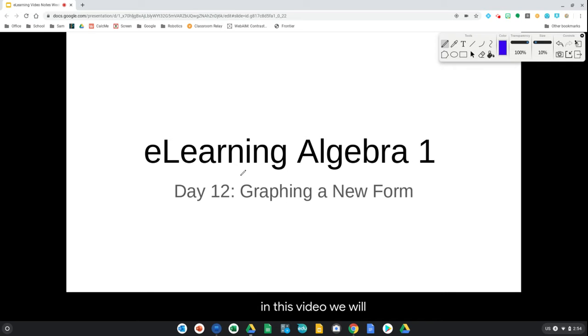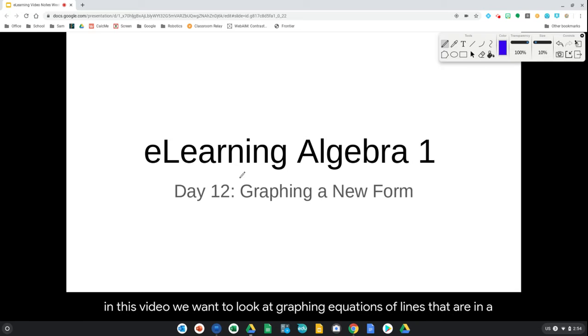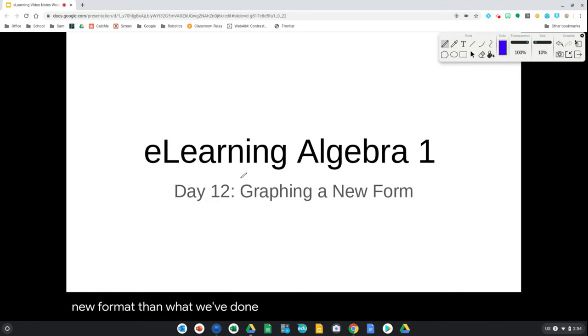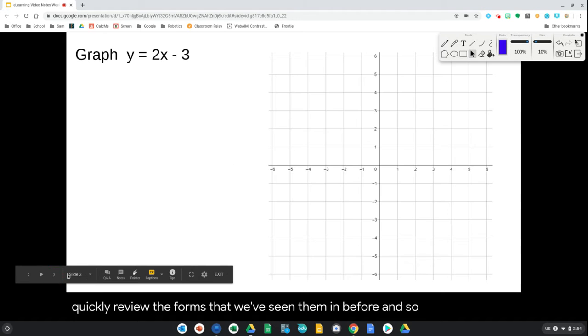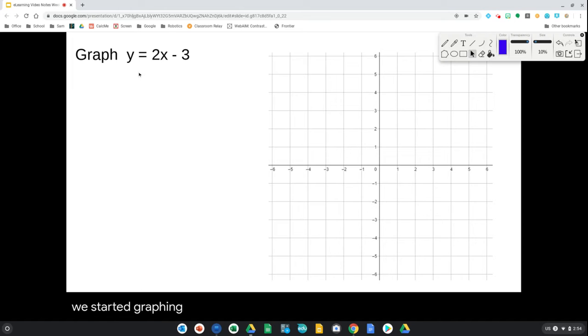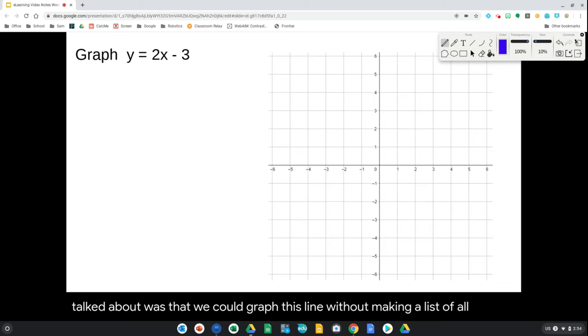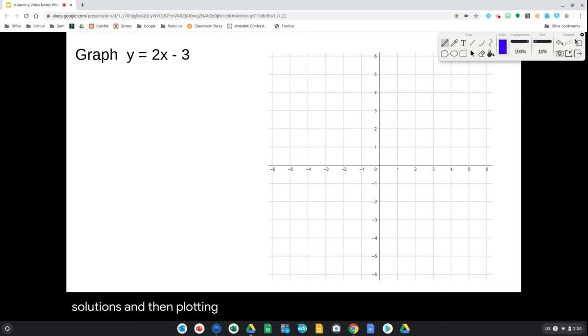In this video, we want to look at graphing equations of lines that are in a slightly new format than what we've done before. Before we go to that, let's quickly review the forms that we've seen them in before. The first way that we started graphing lines, they looked like this: y equals 2x minus 3. We talked about how we could graph this line without making a list of all the solutions and then plotting those points, but we could actually just look at this equation and graph the line,